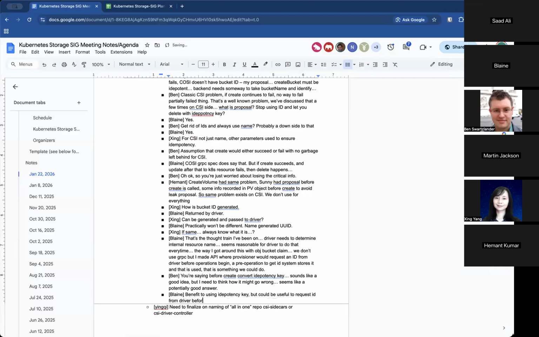It would be tricky for the driver to return such a value. I don't know if it's possible. You're saying it would be hard to generate the ID before you create the volume? Yeah, because the driver has to store some state somewhere, or I don't know how it will do that.